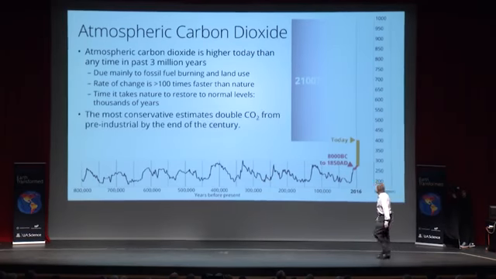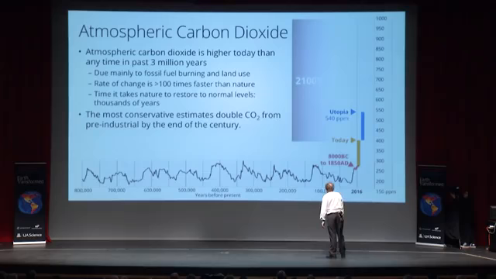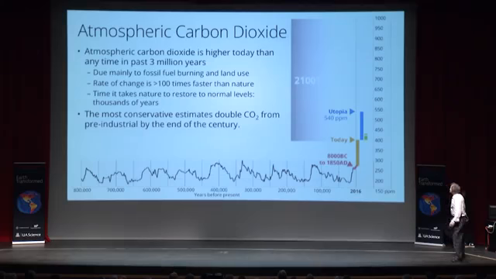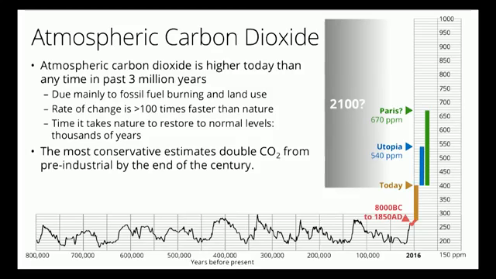So then the question is, where are we going? Well, we did this calculation. Utopia is there, right? Split the difference is there, which, by the way, if you project the Paris Protocol out, you get roughly about there. And that's business as usual. So we're really in uncharted territory as far as humans experiencing climate is concerned.